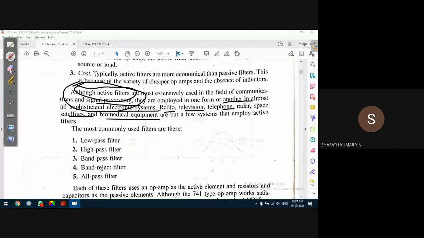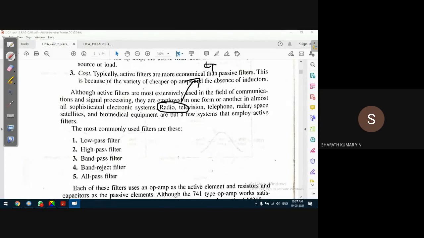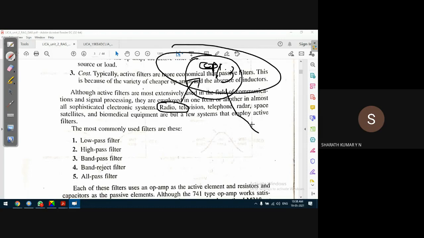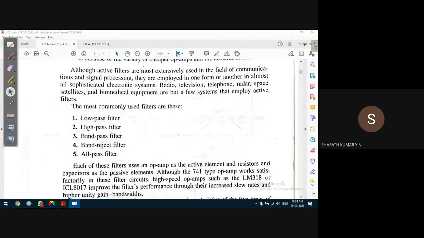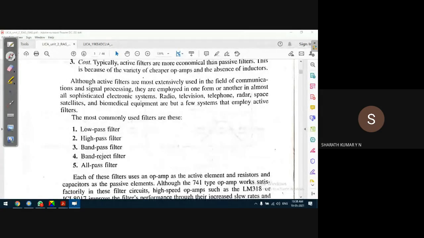Filter is a must, because without a filter, for example, in a simple example, radio, we tune into a particular frequency. I don't listen to radio, so I don't know the frequencies. 91.3, that is one station, I think earlier I used to listen to 91.3. I'm not sure. So we are selecting a particular frequency. When this frequency is selected, other frequency ranges are attenuated. So lower frequencies and higher frequency ranges are attenuated. So it's nothing but a filter. That's all it is. So frequency of operation matters. So guys, in communication also, filtering is a must.